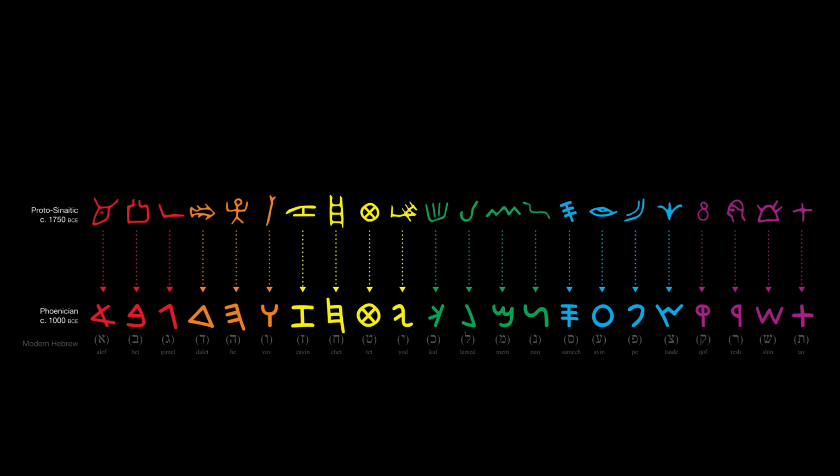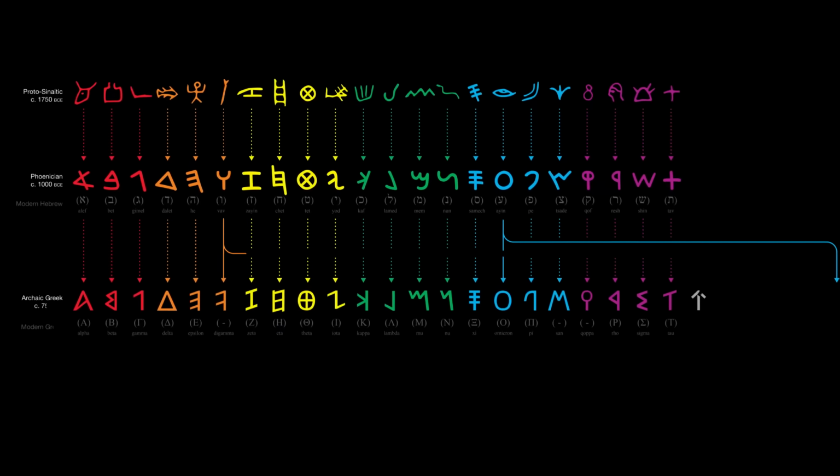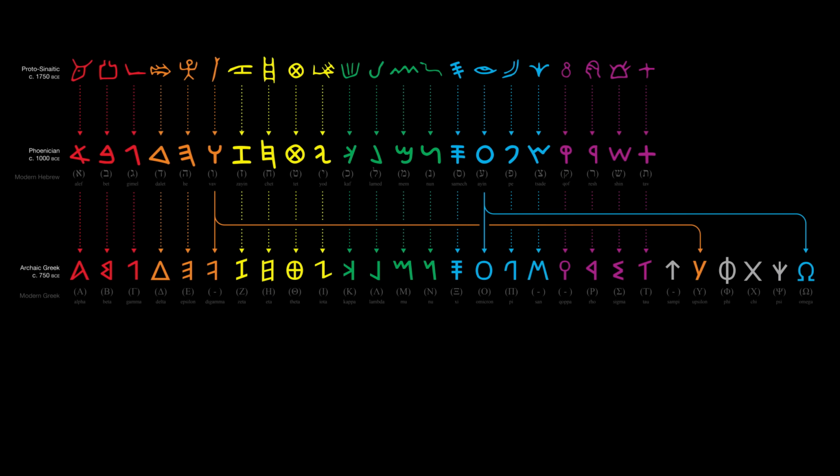But on this chart, we are concerned with the evolution of the Latin script. So instead of tracing the development of these early letters into later Middle Eastern scripts, like Hebrew and Arabic, we are now going to turn our attention to the Greeks. I've labeled this third line Archaic Greek in order to distinguish it from the more familiar classical Greek letters, which are still used today. However, I've shown the modern ones below for reference, so that once again, we have names that we can use for each letter.